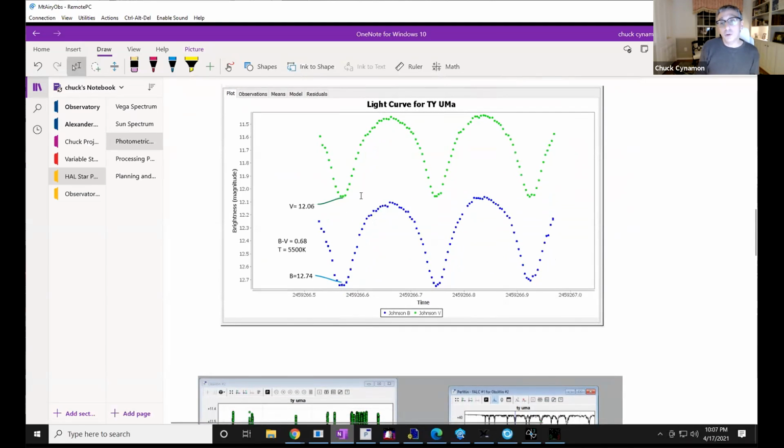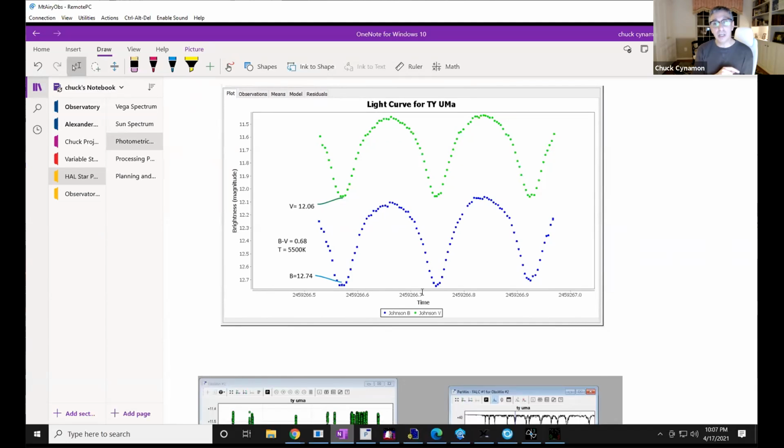So one of the things I looked at, remember before I talked about looking at different filters and what that does for you. So here's a light curve for this particular star. This is just from one night, where I actually caught, in about a 10-hour period, this was before daylight savings time, 3 eclipses, a primary eclipse and 2 secondary eclipses, but I did it in 2 different filters. So I just alternated between a B filter and a V filter. And as I mentioned to you earlier,